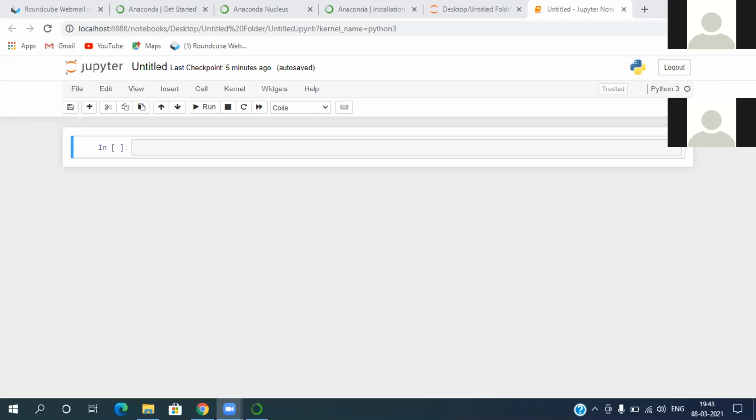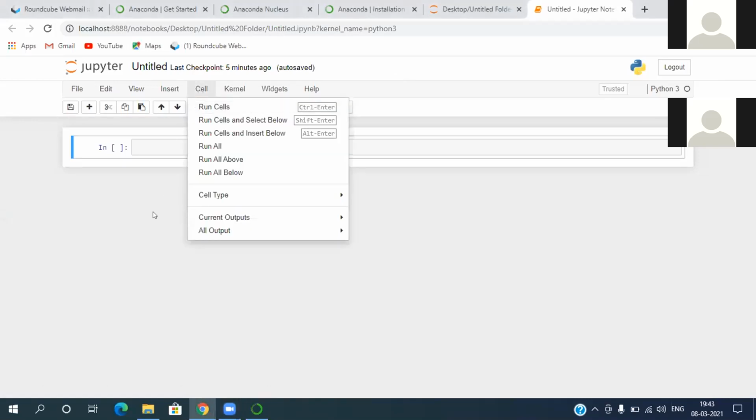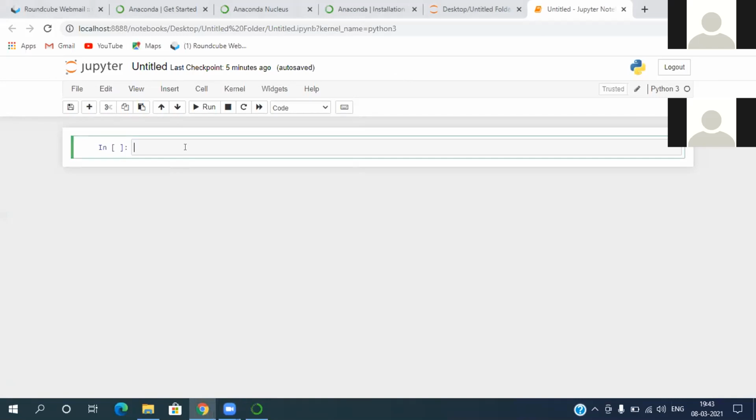So next, what can I do? First, these are your interactive cells here. Click on that cell and write anything. No, not that cell, the cell that is open. Yes, just write print, then open and close the bracket. Inside, as a string, just write hello world, or any name, ABC or whatever.